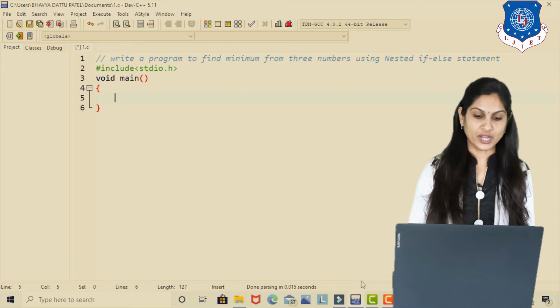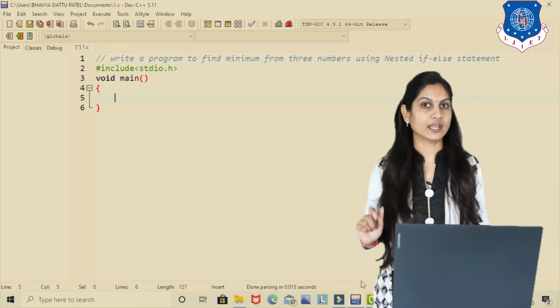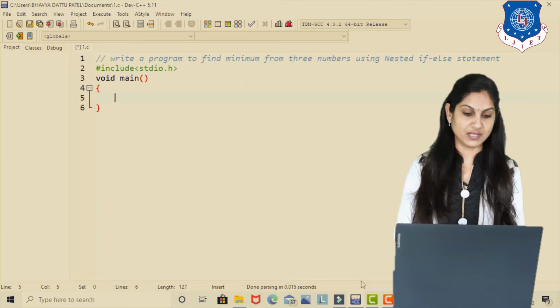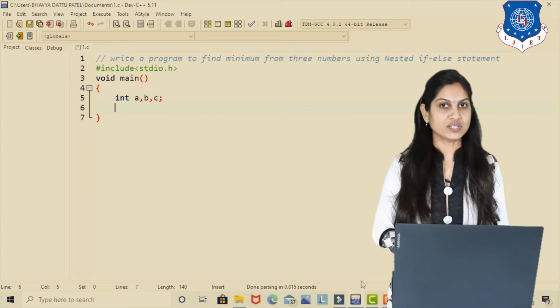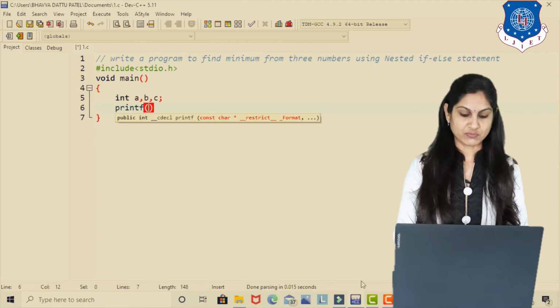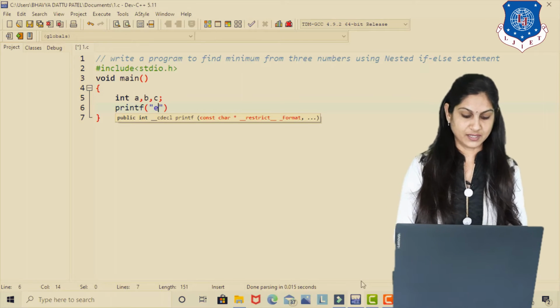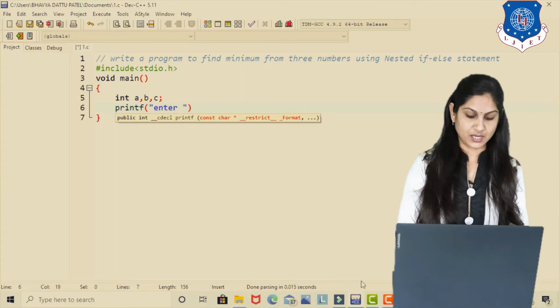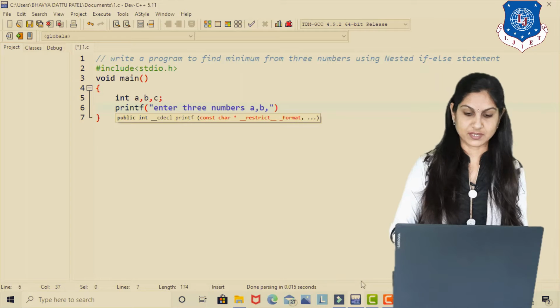So in void main, first we have to start a curly bracket, and inside this curly bracket we have to declare three variables, int a, comma b, comma c, and after declaration we have to print and scan these values. First we print the message in printf: enter three numbers, that is a, comma b, comma c.